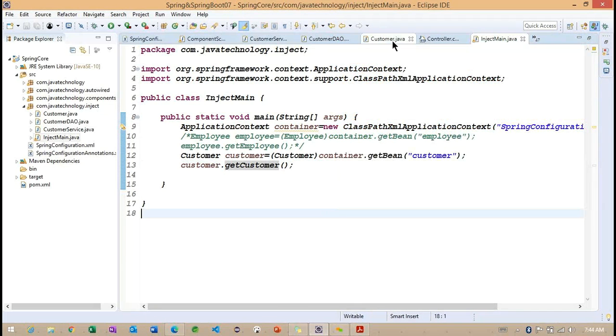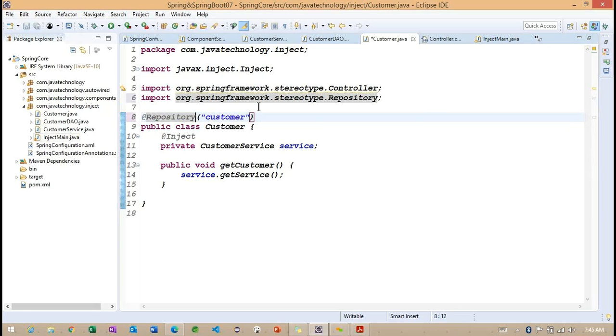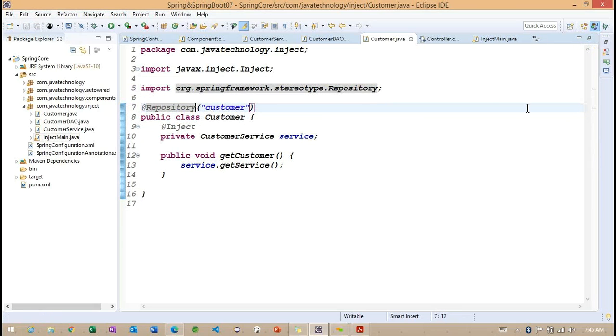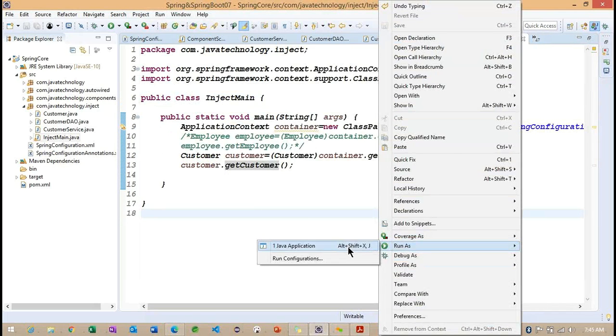Here, instead of this controller, I want to change to repository also. Getting the point? And let me run the same example here.